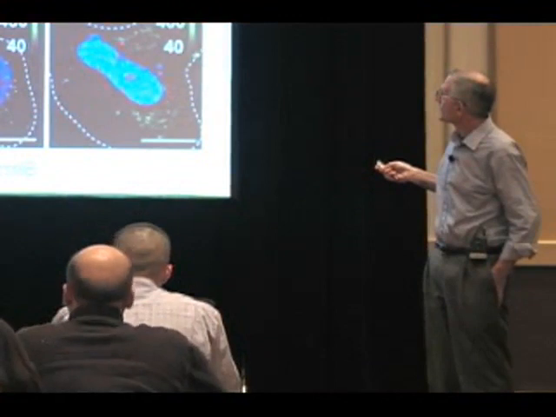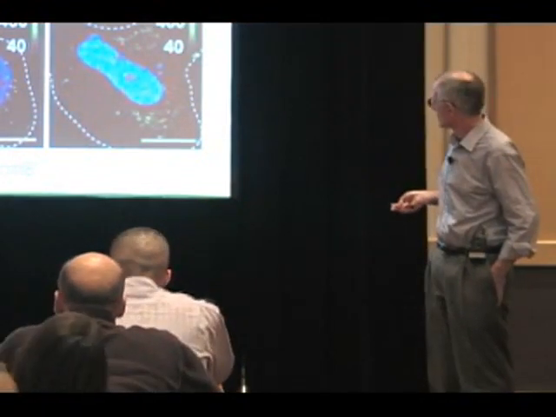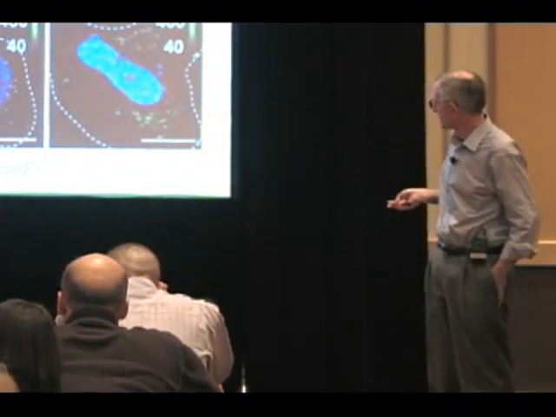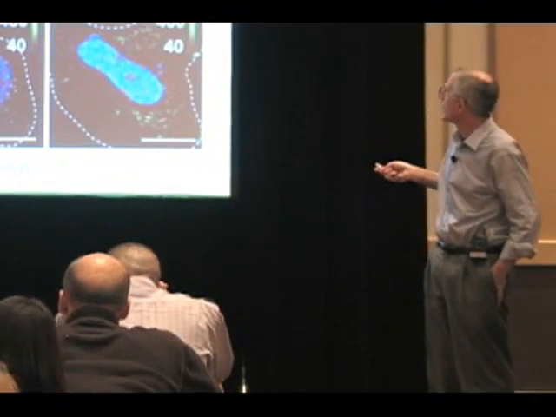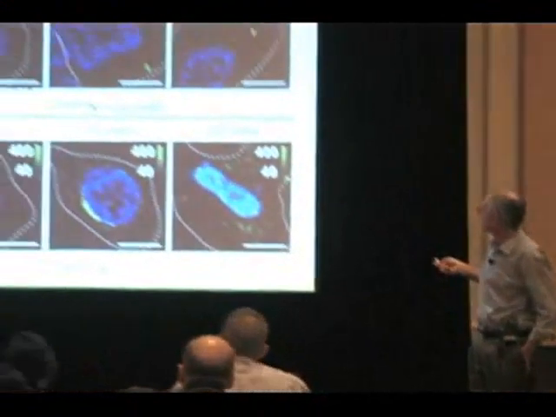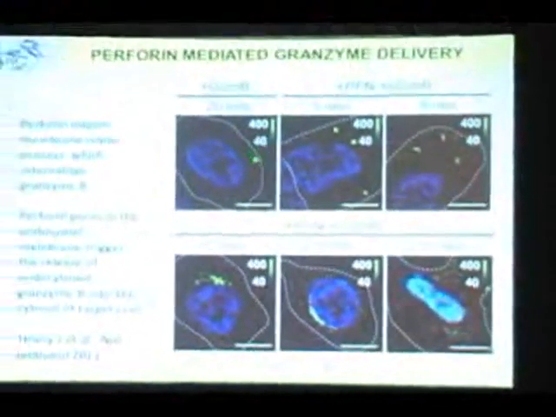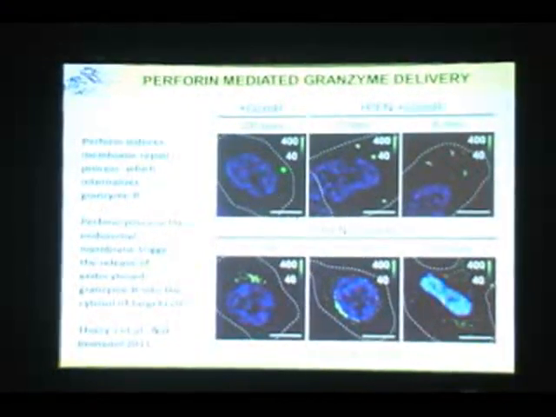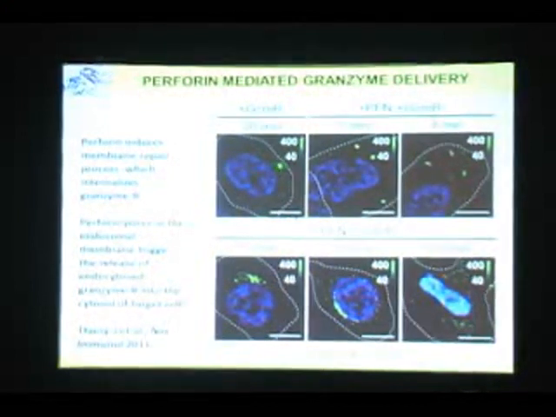So if you have granzymes alone, which are genetically fixed or stained to be green fluorescent, you can see that when a CTL gets to a target cell, these granzymes don't ever cluster,